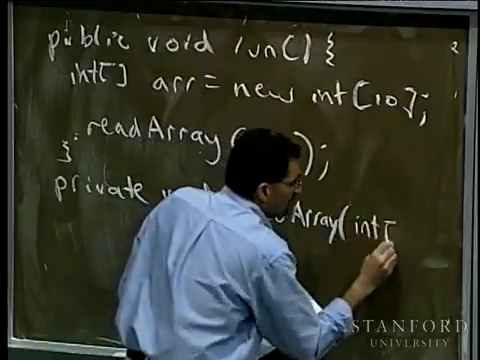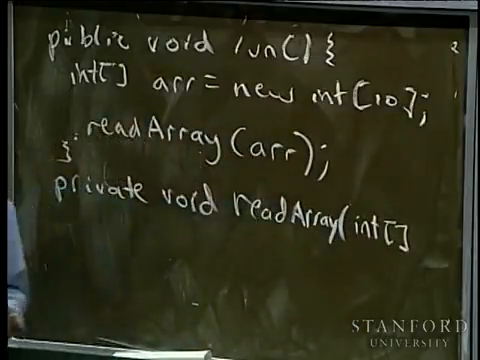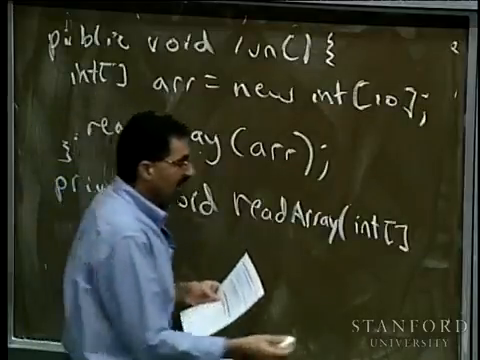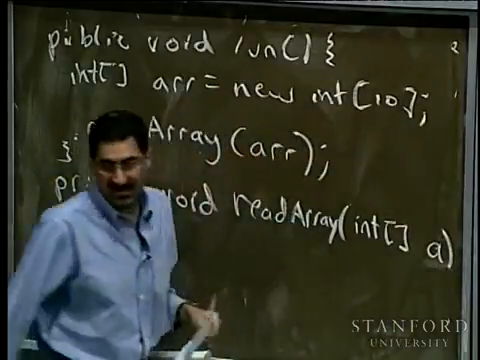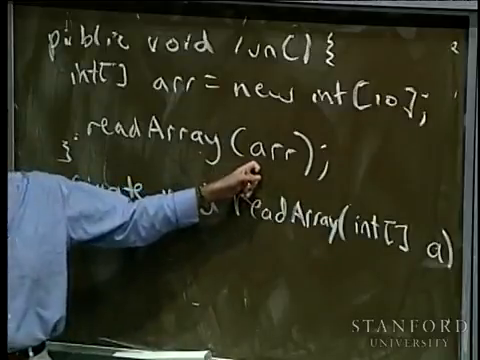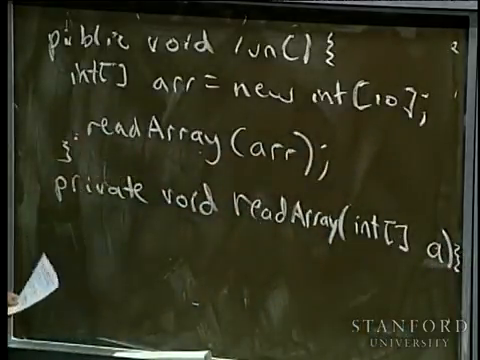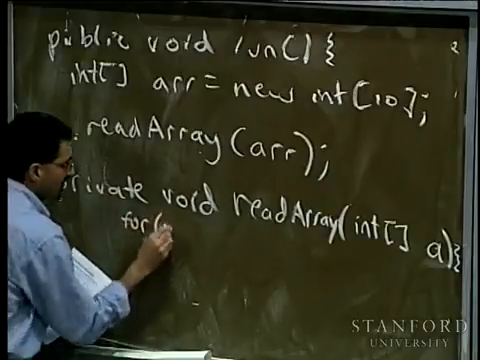I say int bracket bracket. That indicates the thing that is getting passed to me is an array of integers. Okay? And then I give it a name for the parameter. Here I'll call it A, just to distinguish it from ARR. All right, so inside here I get A, and so I'm going to have some for loop inside here, for